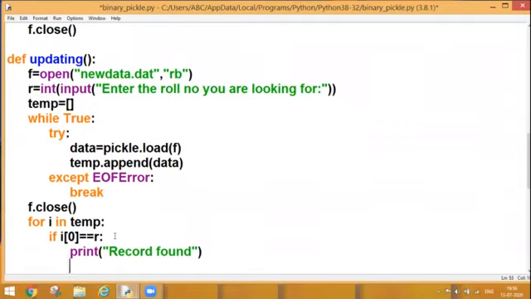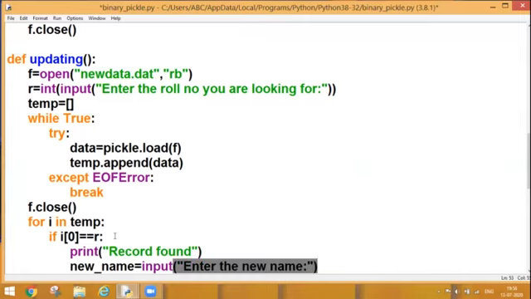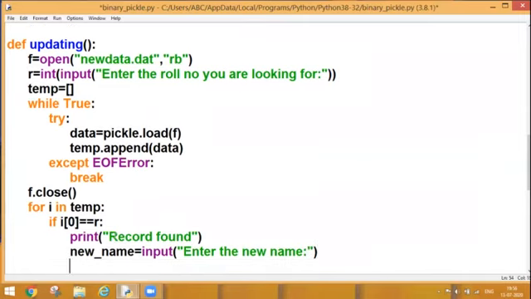And after finding my record, what do I need to do? I need to change the name. So for changing the name, I need to accept the new name from the user side. So I'll be writing newname is equal to input, enter the new name here. I have accepted it.